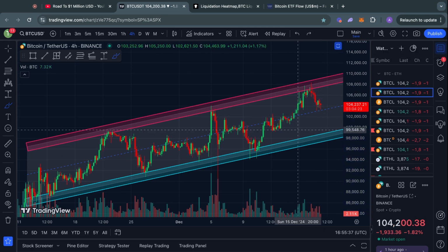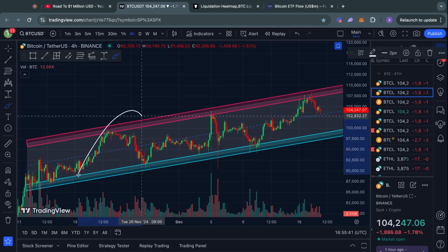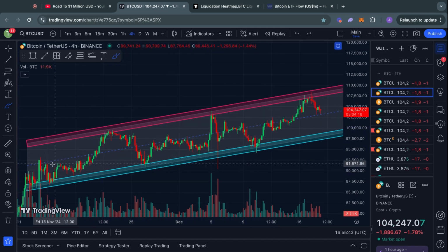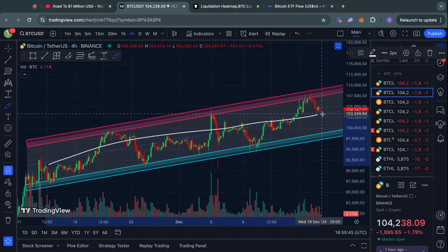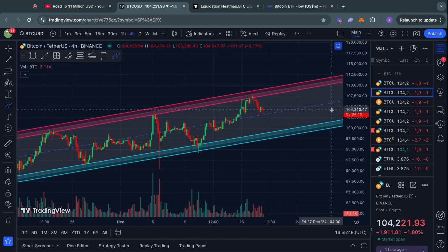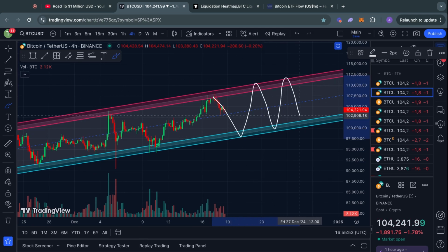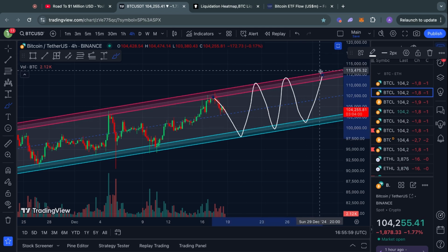No, I am not saying any of those things, because as far as I'm concerned, guys, so long as we are trading in this range, we are simply in an ascending channel pattern. So this is technically just bullish for Bitcoin. And like I said, so long as we're trading inside here, even if we literally do this until the end of time, we will just be making higher highs and higher lows for Bitcoin, which is a bullish structure and